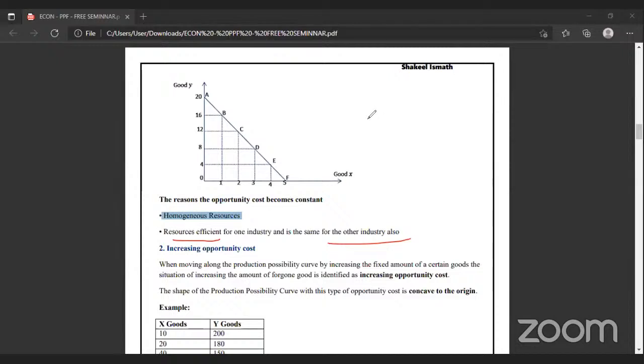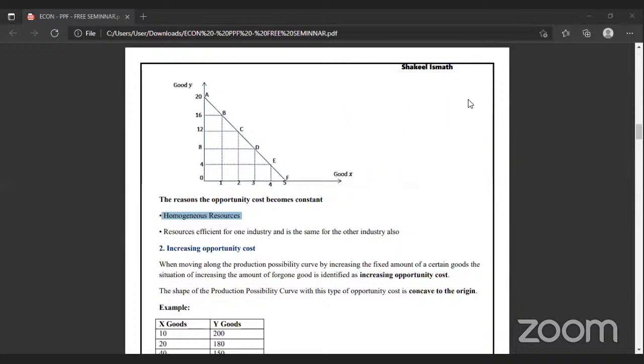That means, the same example I'll take. The labor who is utilized in the production of agriculture, in the same way he performed in the production of robotics. Can you say that? We can't say that. Because of that only it can be possible, but practically it doesn't work out. Right. Come to the increasing opportunity cost.